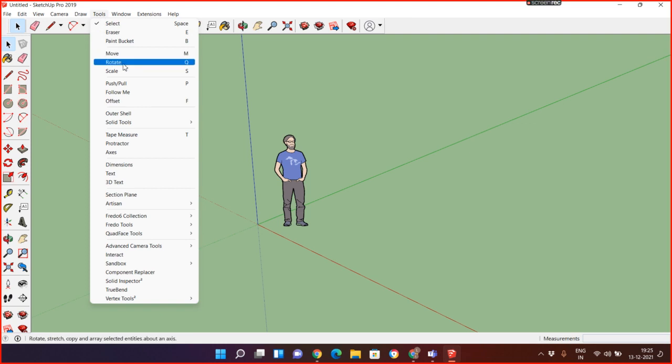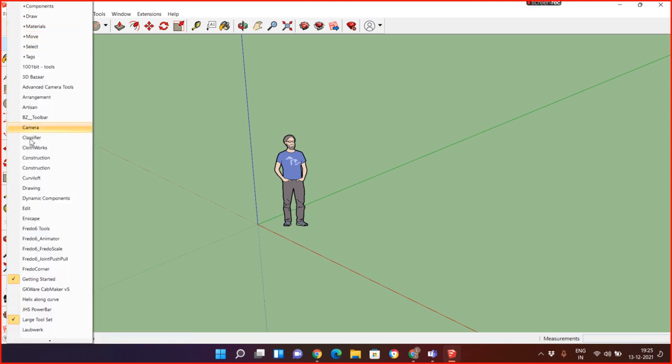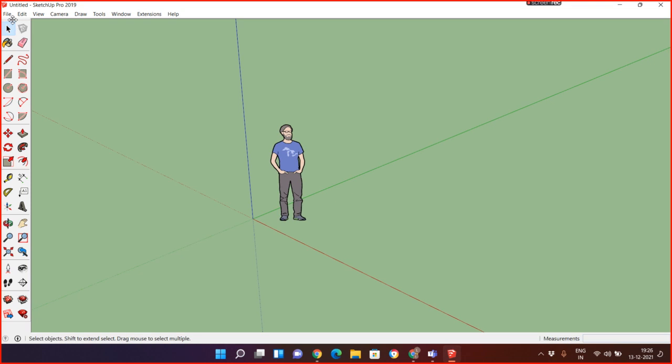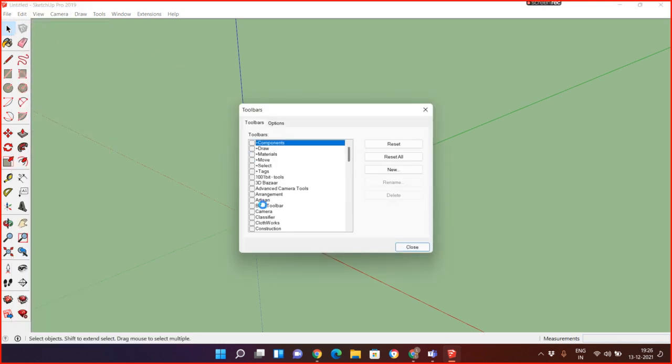And if you're talking about tools, so move, rotate, scale, push, pull, follow me, and offset you will find over here. So it's easy to understand. Okay, so this is the basic tool set which you can easily work with in SketchUp. And I don't want this one because it's confusing. So what I have to do, we have 2 options. You just right click over here and turn off Large Tool Set standard. Or you have the option to go to View, Toolbar, and you can activate and deactivate from here.